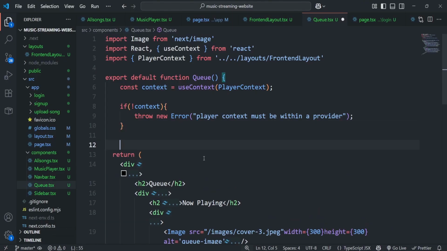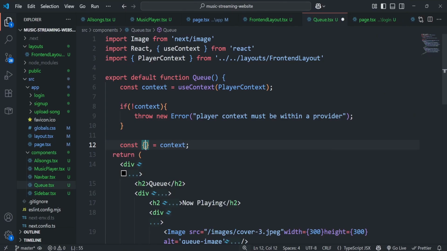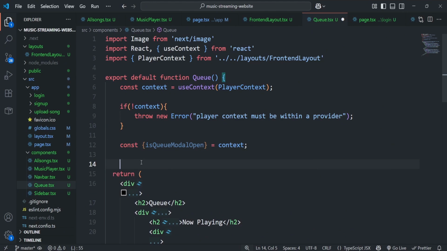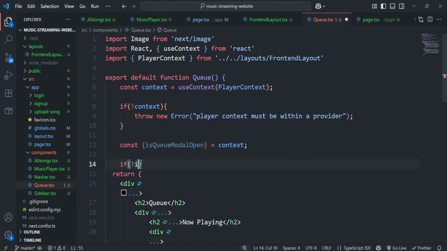Then down here we can say const. I'm going to destructure the values is equals to context. So right here we can actually destructure the values of this context. So the value I want is isQModalOpen. That's simple. Then I'm going to check if the modal is open or if it's not open. So I'm going to say if, I'll negate it. If the modal is not open, if this is false, then I just want to return